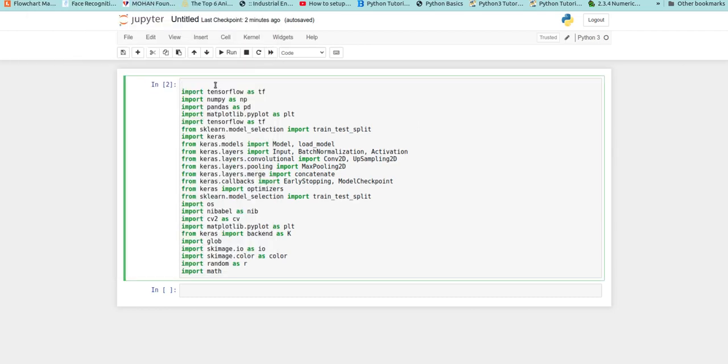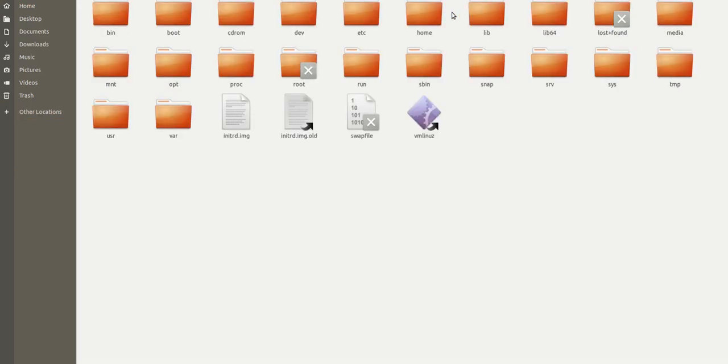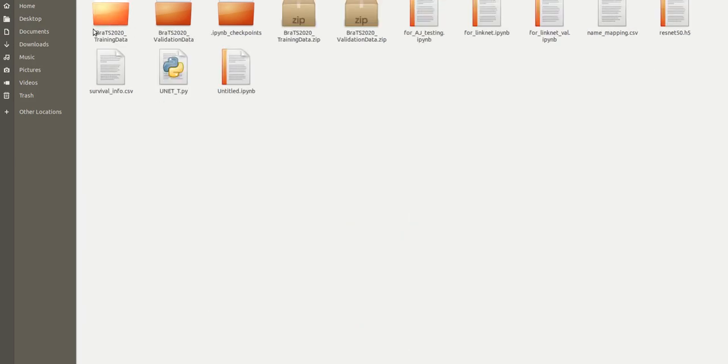Hello friends, today's topic is brain tumor segmentation and classification. I'm going to use a 3D dataset in this experiment, and I hope you have already heard about the BraTS dataset. This is the dataset structure, BraTS 2020, and I'm going to show you step by step how you can create a